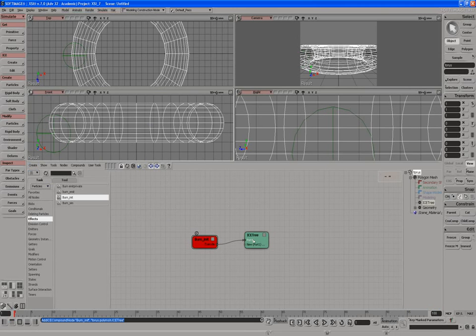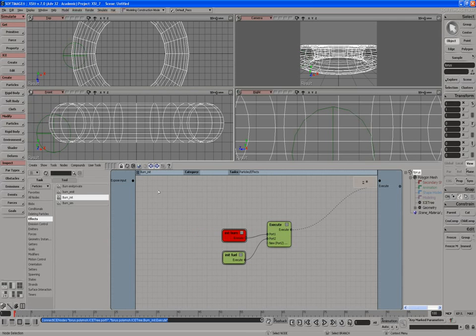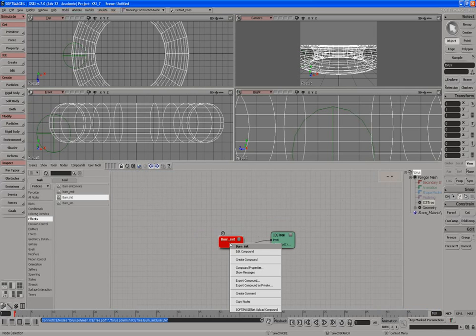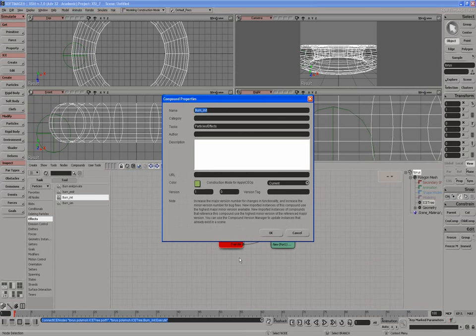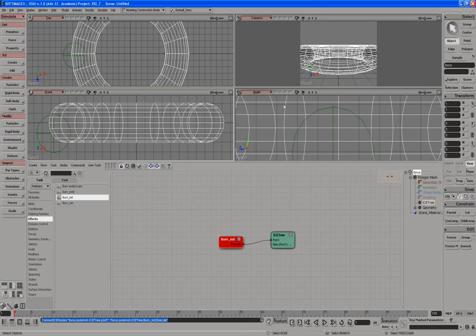When we connect these in, or don't connect them in, if you go in and edit these compounds, you can see that they have different inputs. Also, the compounds themselves have properties, and one of the properties is the construction mode. At the moment, it's just set to current, and when you use the apply ICE op command we're about to use, you want to make sure you have these set correctly. So we'll set this one for modeling. If you're going to use something that requires a selection, in this case like the burn sim,